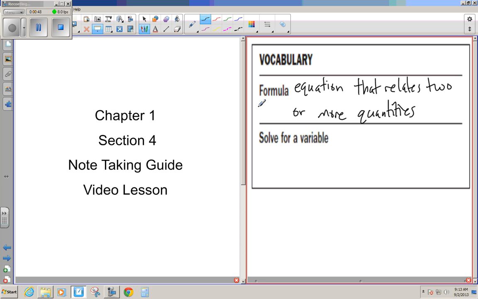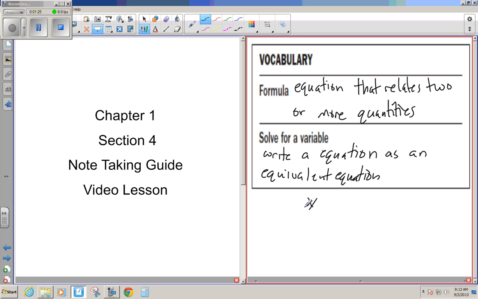To solve for a variable means to rewrite an equation as an equivalent equation, and you do this so that one of the variables is by itself. Okay? And an example of a formula, if you look at a temperature formula,